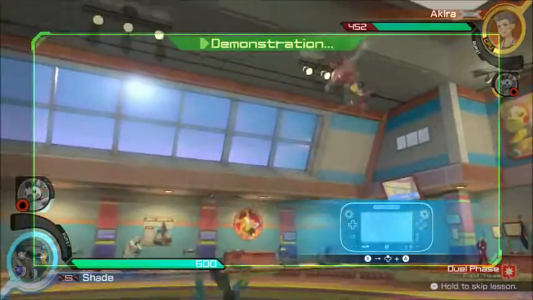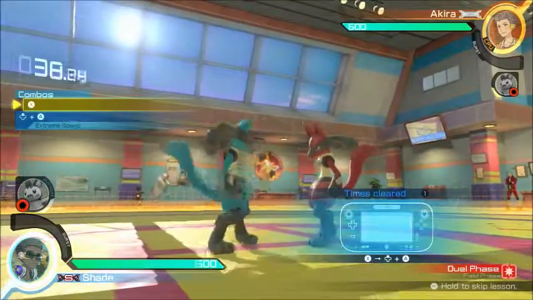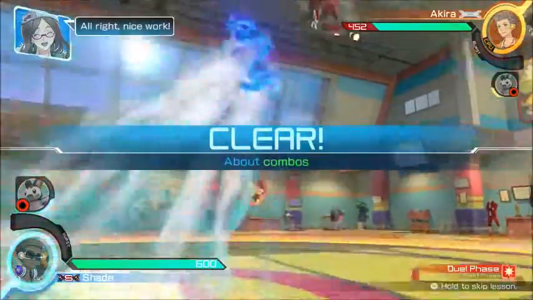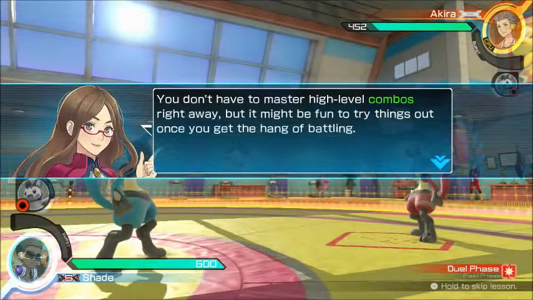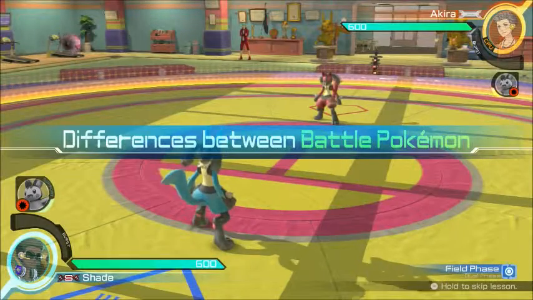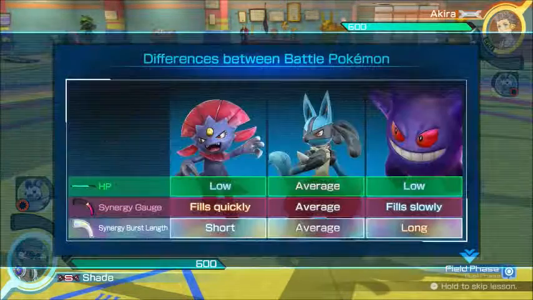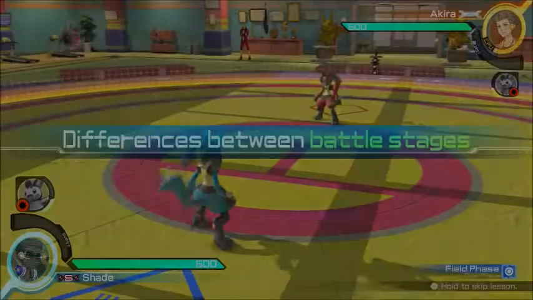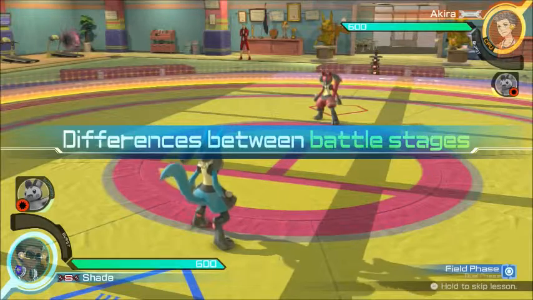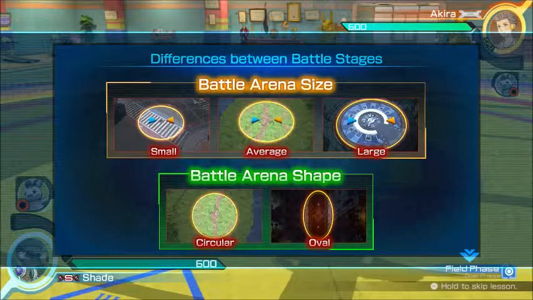Yeah, see, combos now. Now we're getting into the combos. You guys ready for the combos, man? You guys ready for this? Ooh, look at that combo. I pressed X, and then you pressed up A. You don't have to master the differences between battle Pokemon. I'm sure you're already on top of that. Yeah, everyone has a different amount of HP. Here you go, this chart right here explains it all. Crazy, right? There are all sorts of different